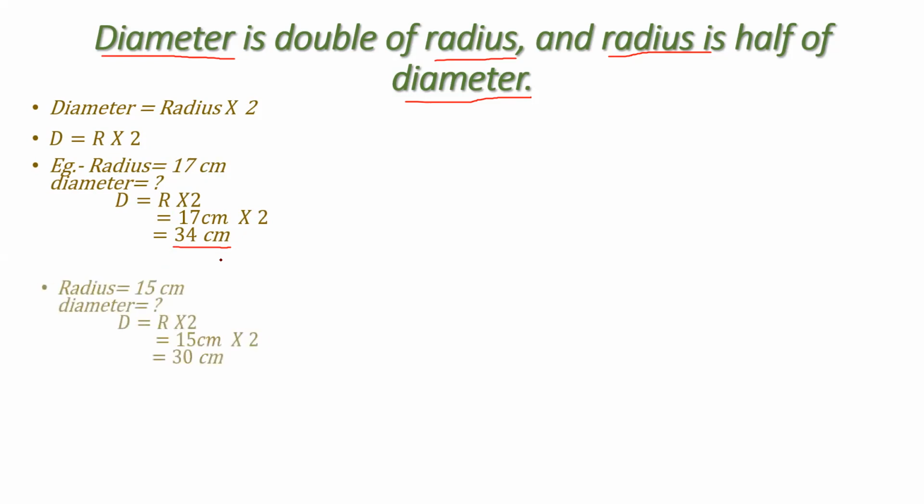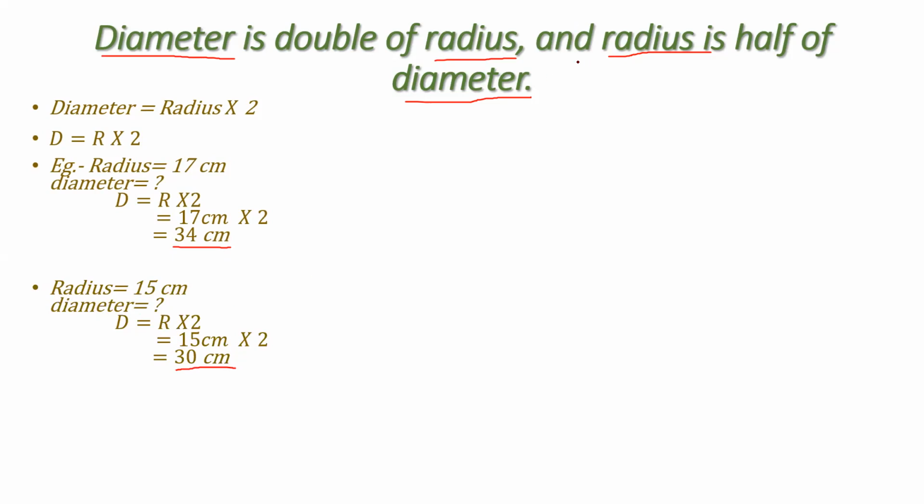Let's take up one more example to understand this concept better. In this example, I have taken radius 15 centimeter. Now what will be the diameter? Same method, you just have to write the formula. We have to replace r by the given number in the question and multiply it by 2. So in place of r, I have written 15, and 15 twos is 30 centimeters. So the diameter of this circle is 30 centimeter.